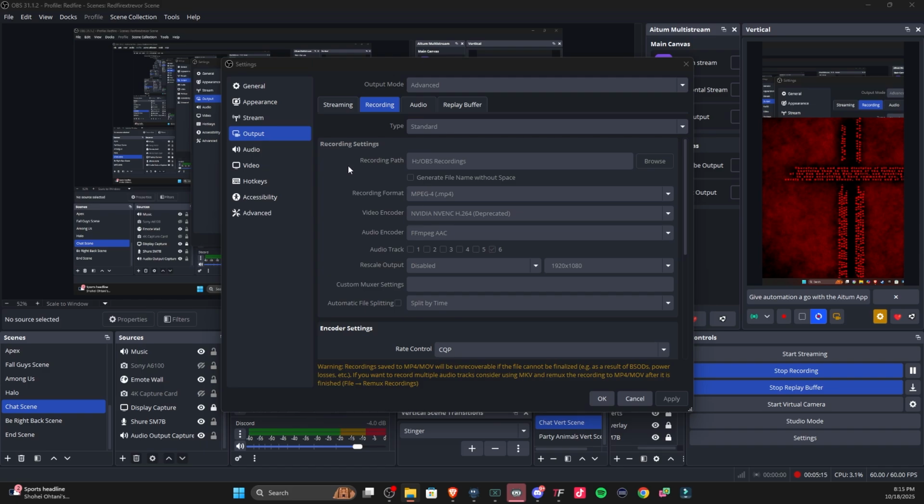Now, the recording format, I have it set to MPEG MP4. This tends to be the most popular format when it comes to recording. Video encoder, this is going to depend on the type of computer you're using for your recording as well as replay buffering. Usually in this case, you're going to want to set it to the NVIDIA NVENC H.264